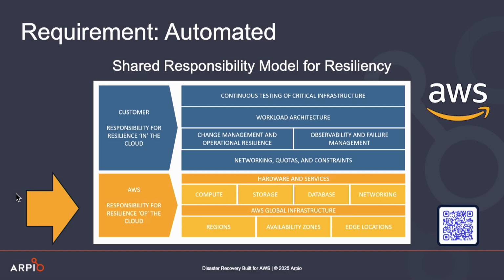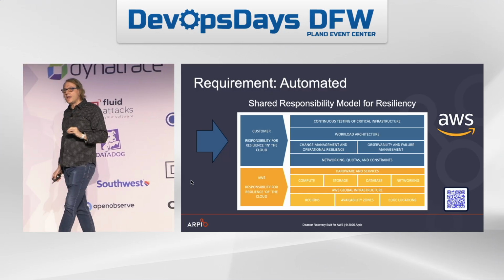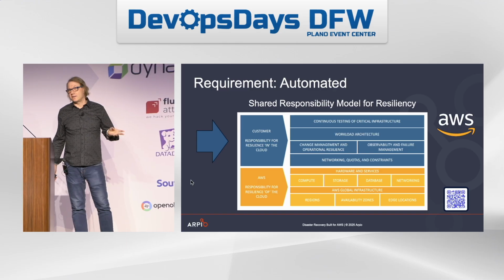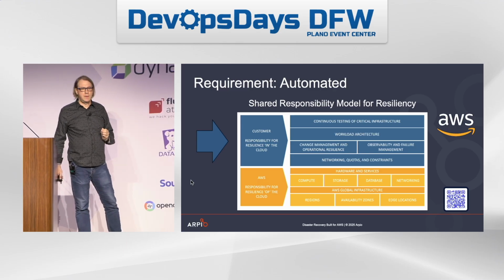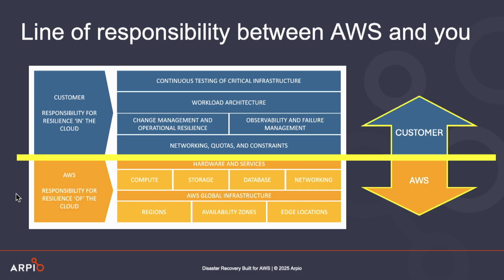It's a shared responsibility. The AWS responsibility is to provide you a lot of those cool tools I was talking about, to provide you with resilient services, to provide you with fault isolation boundaries like regions and availability zones. Like if a fault happens in a region, it's very unlikely it's going to affect another region. That's why going cross-region is so effective. And that's AWS's responsibility to do that. Your responsibility, the customer, you could see things like workload architecture and testing. Your responsibility as a customer is to use the tools and put them together in such a way that you're following the best practices of the well-architected framework.